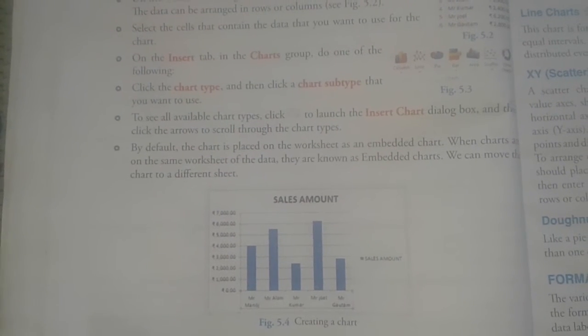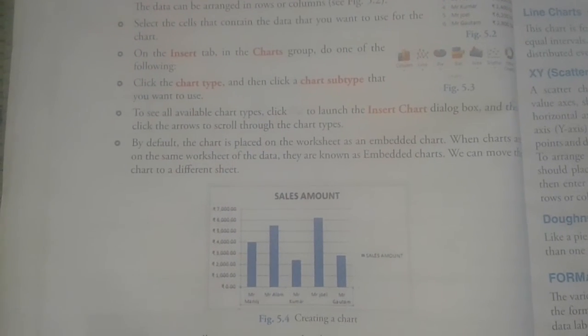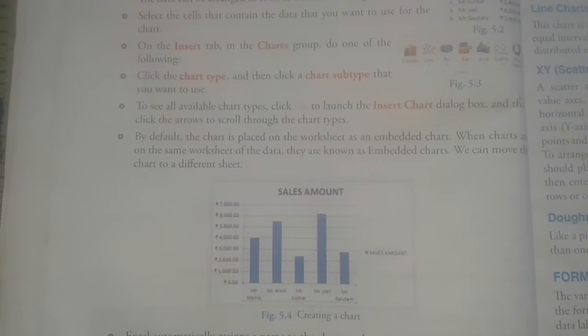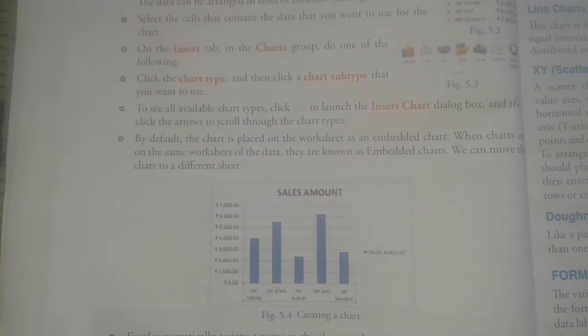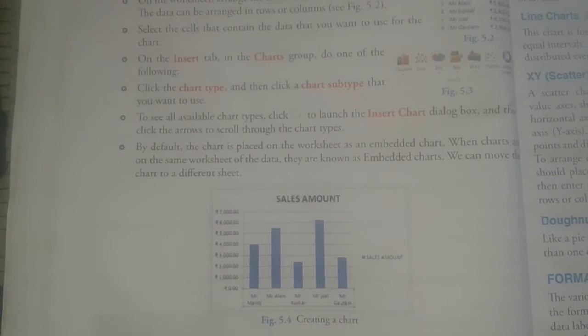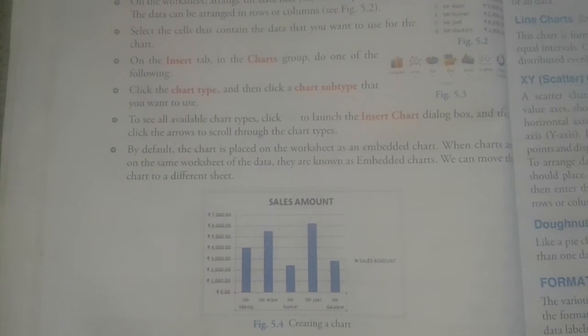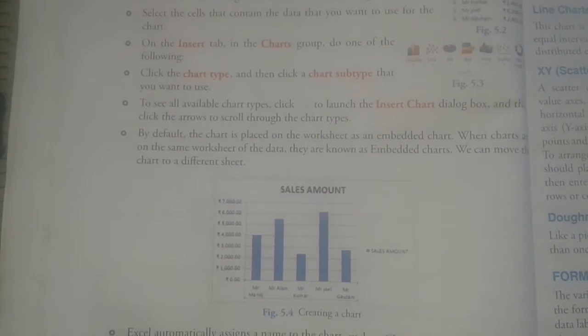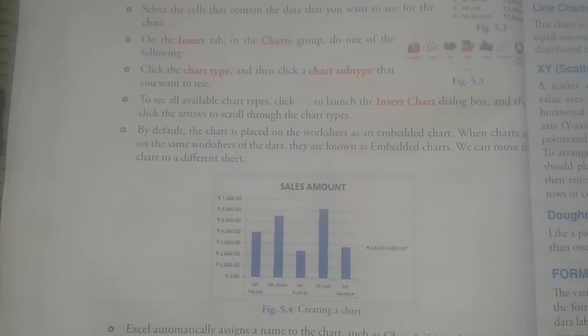एक्सेल क्या करता है? ऑटोमेटिकली एक नाम असाइन कर देता है. जैसे बाय डिफ़ॉल्ट नाम रख देगा चार्ट 1, if it is the first chart created on a worksheet. जो वर्कशीट में पहला चार्ट बना है अगर वो पहला होगा तो वो बाय डिफ़ॉल्ट उसको चार्ट 1 दे देगा. If you want to change it, you can through the rename option, right.